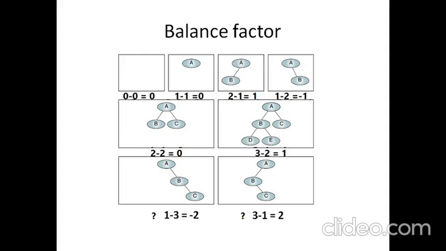Whereas in the second case, it's 3 minus 1. Remember, even though the C is in the right subtree, basically it is in the left subtree of the root. So we should only treat it as a left subtree height, not right. So 3, and the right is empty, so it's going to be 1, 3 minus 1, 2. So these are various balance factors, just to show how to calculate the balance factor.